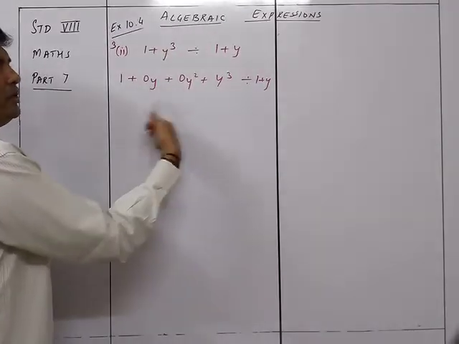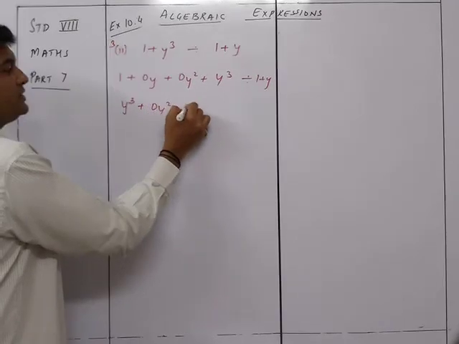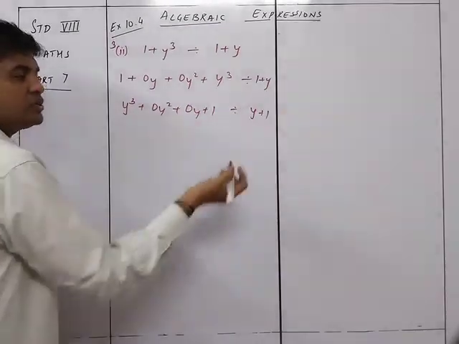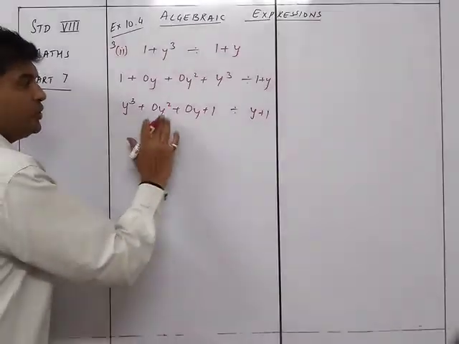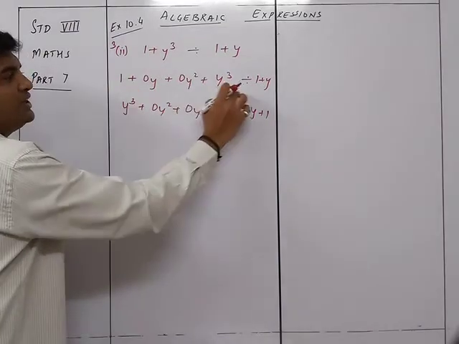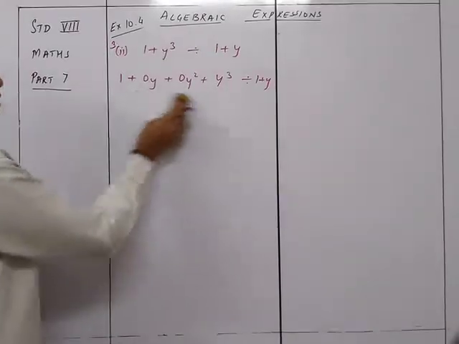You could even do it in this way. You can also write it as y cube plus 0y square plus 0y plus 1 divided by, here also you will take it as y plus 1. This is also the same thing. No problem at all. You can do it this way also, or you can do it this way also. Because the question is this way, we will use it this way, we will not use it this way. And let's see how to go further.